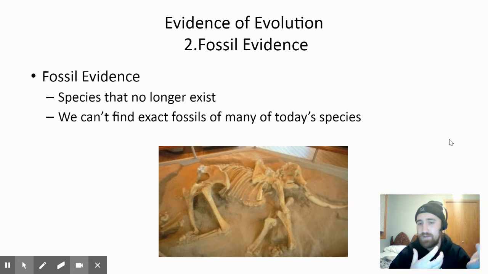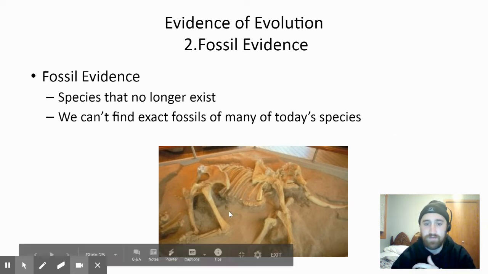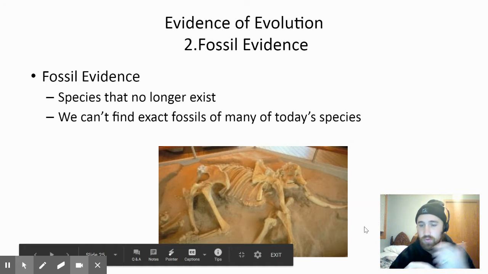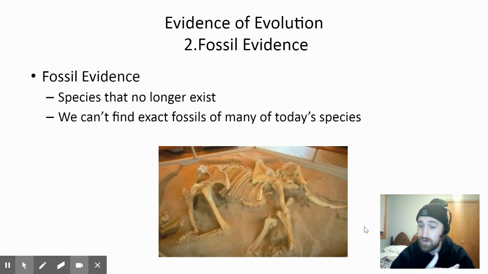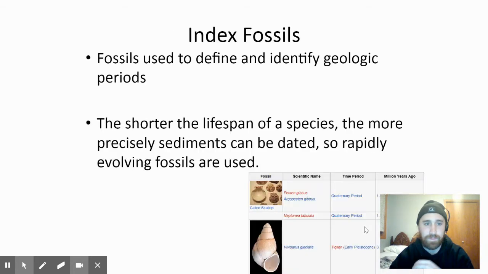So when you find fossils in the ground, you're not finding a white-tailed deer. You're finding a different animal that might resemble a white-tailed deer, but it's not exactly the same. Or when they find fossils, say of a dinosaur like a T-Rex, we don't have those animals anymore, but they were here at one point. So why is there that change? Okay, it's another proof of the theory of evolution.